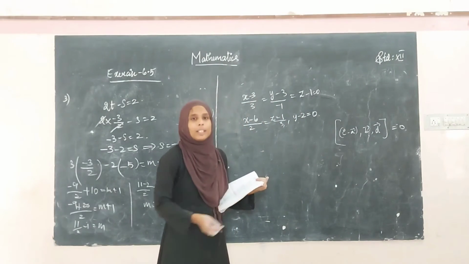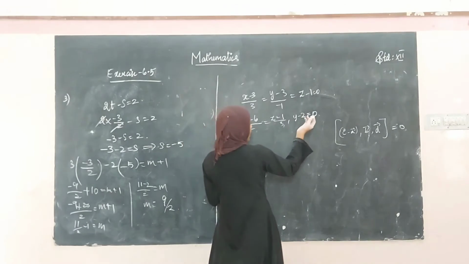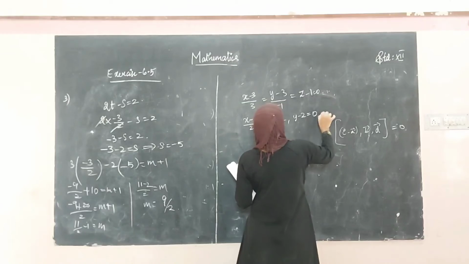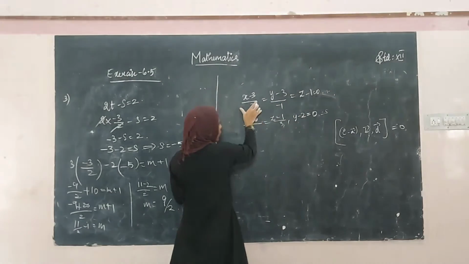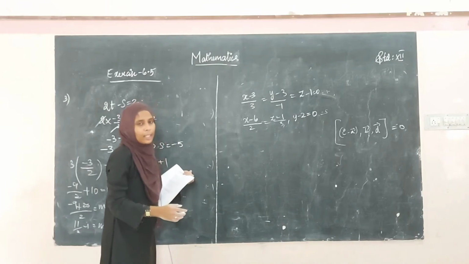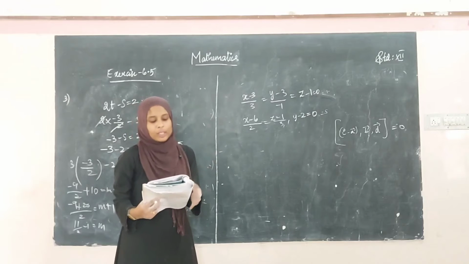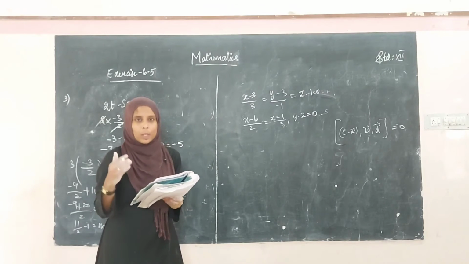So you have to find the point of intersection. How will you find the point of intersection? Equate this as t and equate this as s. So this will give a point, and this will give a point. If you equate those two points, you will be getting the point of intersection. So the fourth sum is the assignment, and similarly the fifth sum is also an assignment for you. The fifth sum is given in the same way.